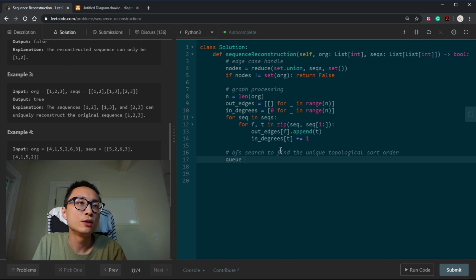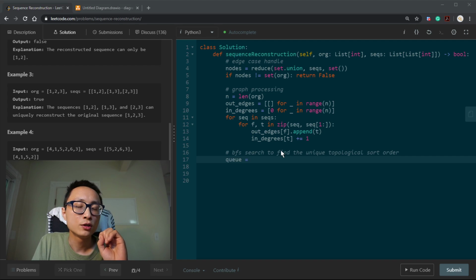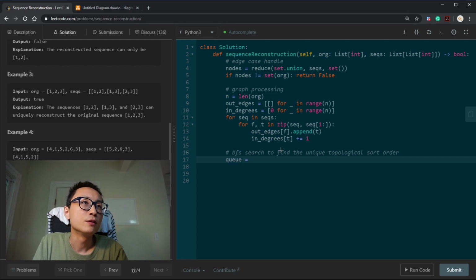So we're gonna start with a queue. Initially it has to be the only node with no in degree. So it's going to be set nodes dot difference.